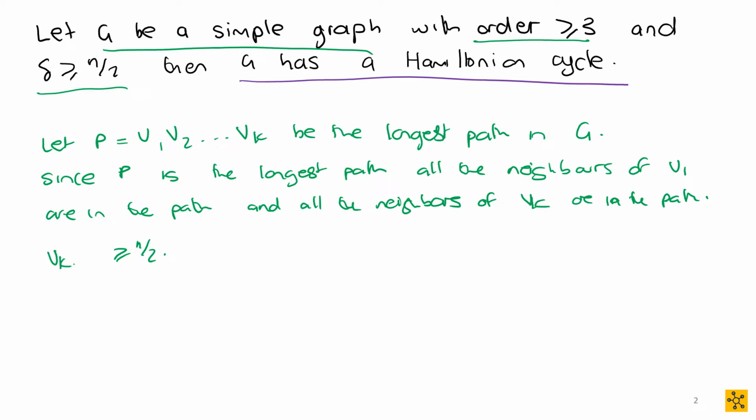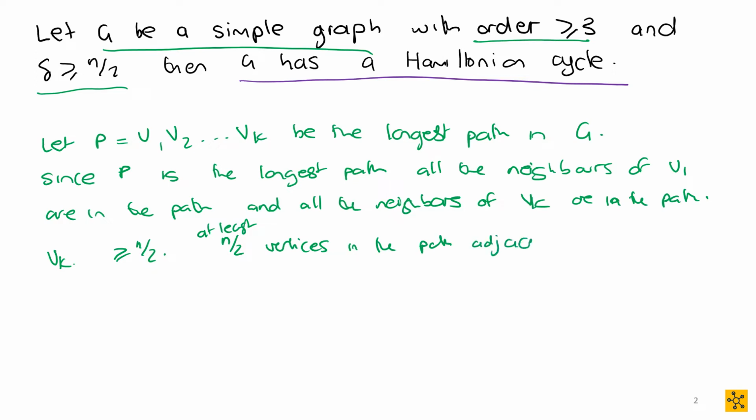Because we have the longest path and all the neighbors of v1 and vk are in the path, there are at least n over 2 vertices in the path